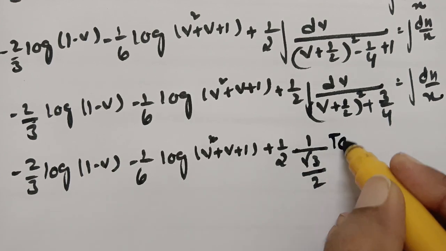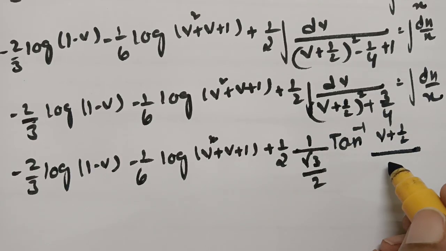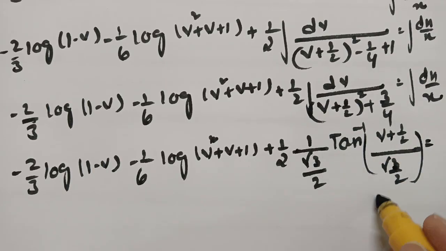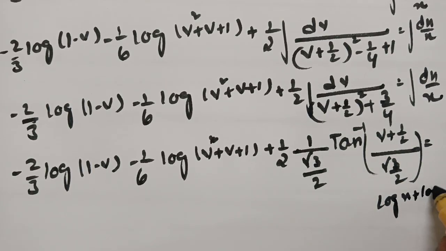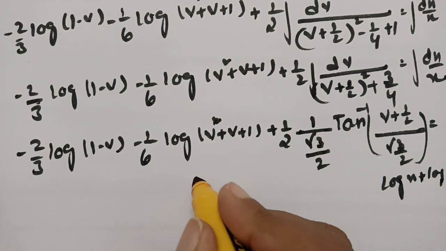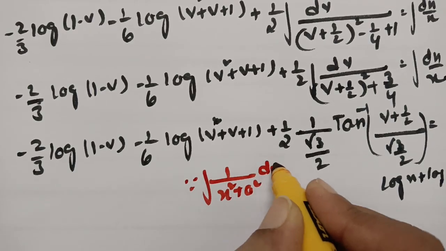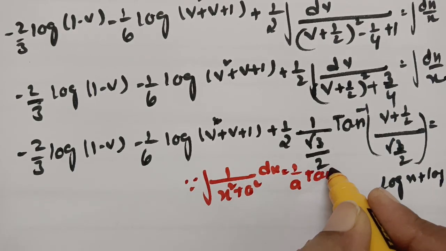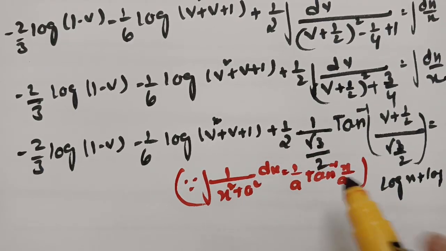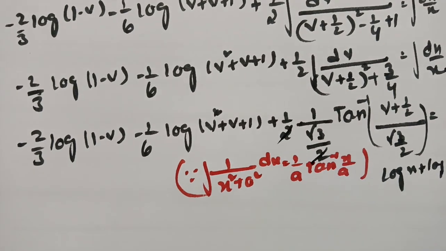1 by a tan inverse of x by a. What is a value here? Root 3 by 2 into, so this is going to become log x plus log c. So this formula I am writing, since the integral of 1 by x square plus a square dx is equal to 1 by a times tan inverse of x by a. So this is the formula applied here, and therefore if I cancel this 2 here and here,